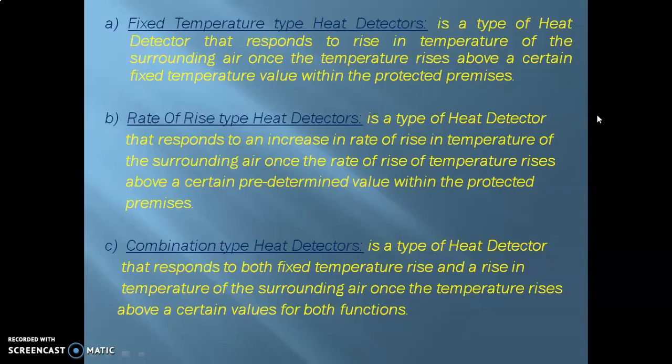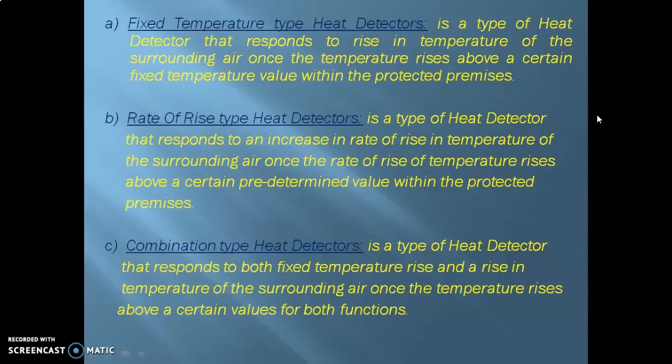What this means is that, let's say that the preset rate of rise value within the heat detector is set at 15 degrees Fahrenheit per minute. That means it is around 8.3 degrees Celsius per minute. Now, if the rate of rise of the temperature within the protected premises goes beyond 15 degrees Fahrenheit per minute, that is when the heat detector will sense that there is an existing fire within the premises, and send the signal to the FACP to take the appropriate response.